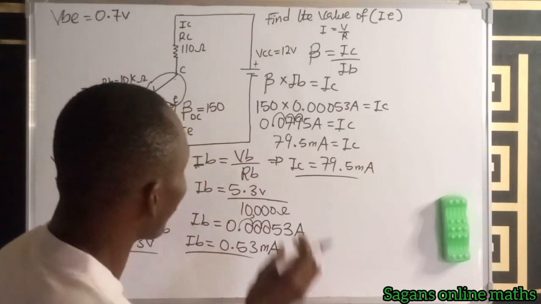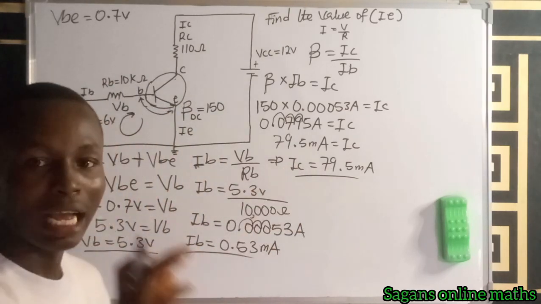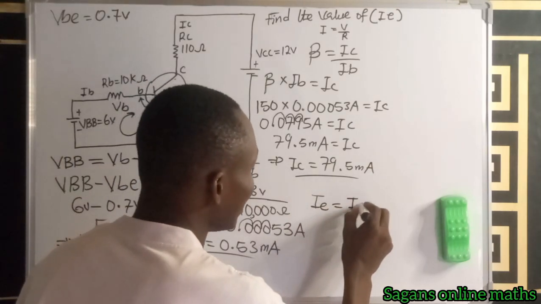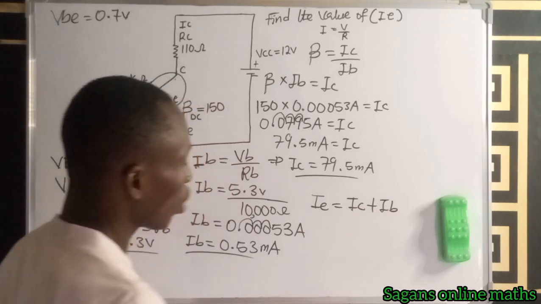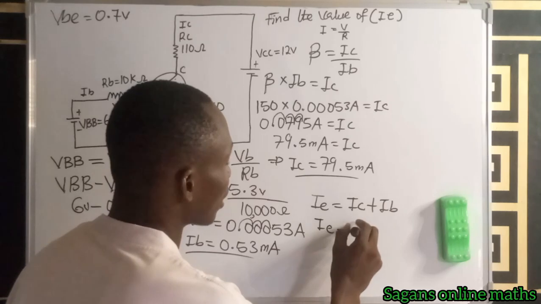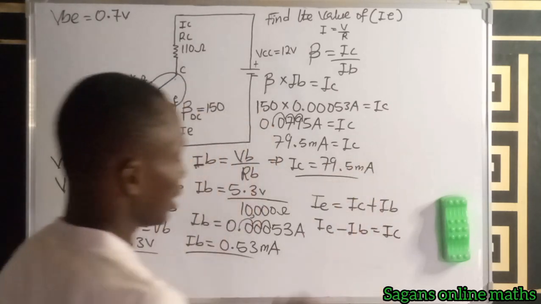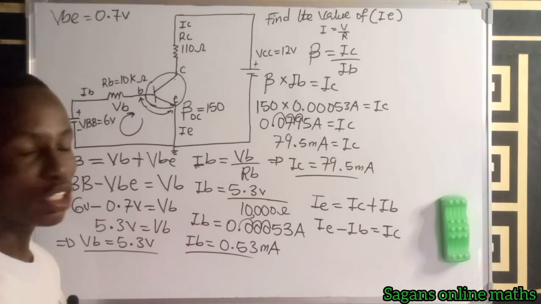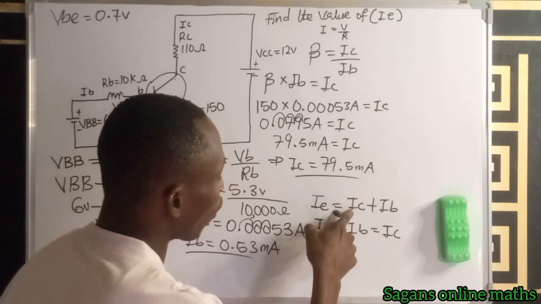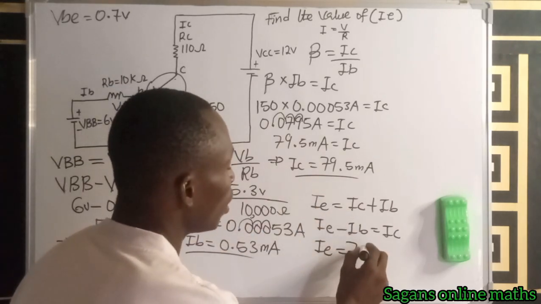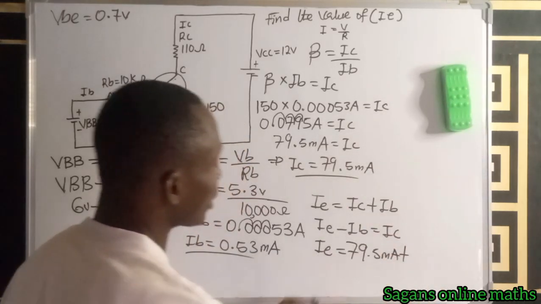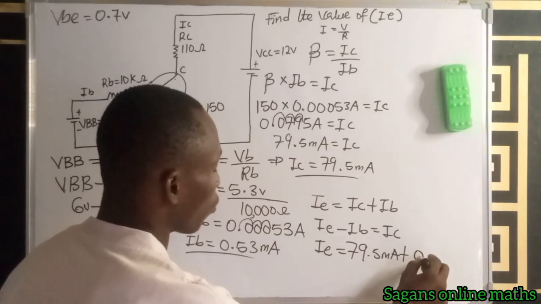Now remember that I said if we can know our IC and know our IB, we can know our IE. So it means that IE is equal to IC plus IB. So in another way, IE minus IB is equal to IC. But we are looking for IE, which is the emitter current, right? So IE is equal to the value of IC, 79.5 milliamp, plus IB, which is 0.53